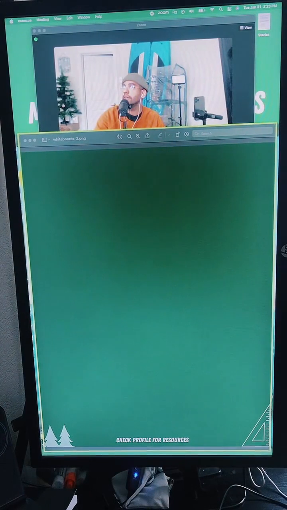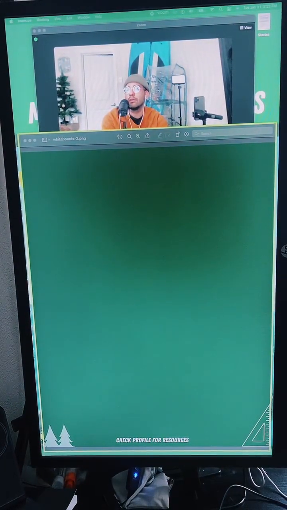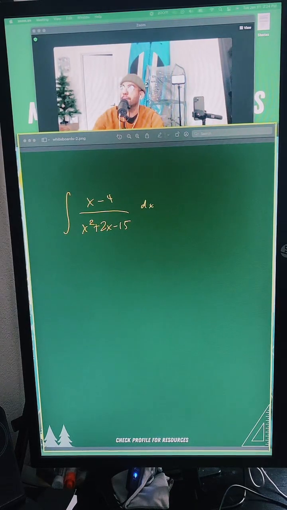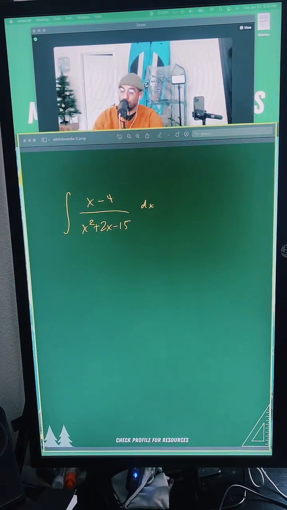By the way, speaking of partial fractions, let's go ahead and do this one. The integral of x minus 4 over x squared plus 2x minus 15 dx. All right. As you guys look at this problem and try to think of what method we can use,